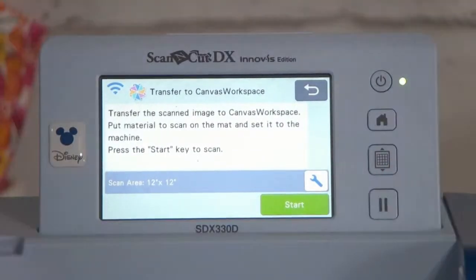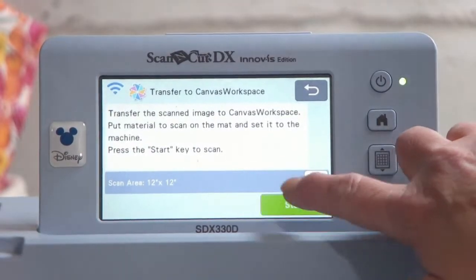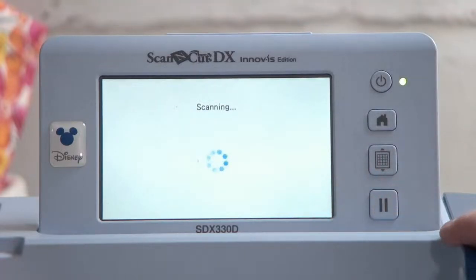Let me turn on a light to see if I can trick it a little bit. And if that doesn't work, then I would trace it, honestly.